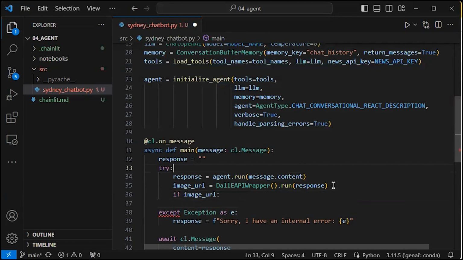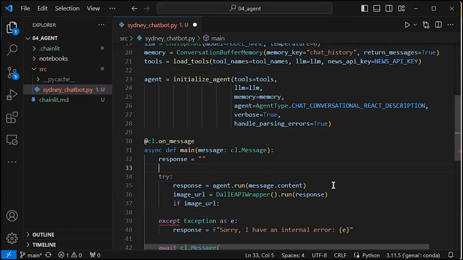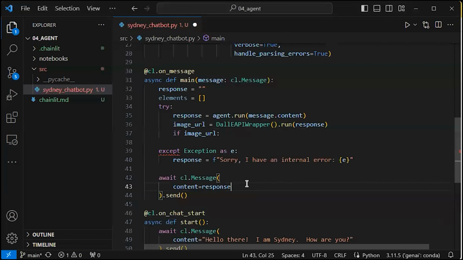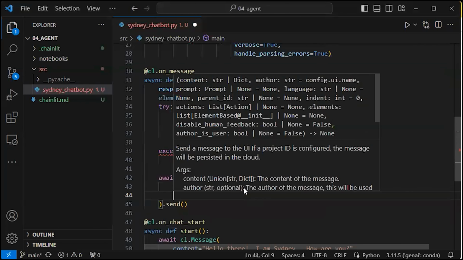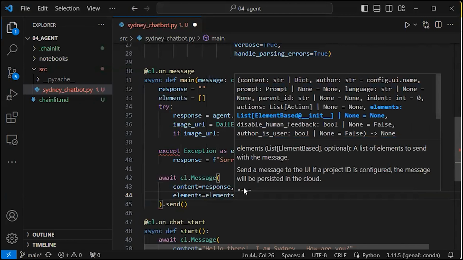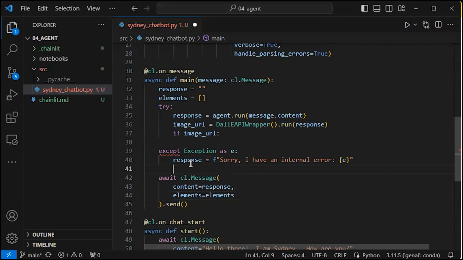So how do we do that? It turns out there's this very elegant solution provided by the Chainlit library, which involves setting a set of elements that you would like to display to the user. And in addition to the content that we return back to the user, we could tell what other elements we would like to display. So in this case, if the image URL is not null, then we would like one of the elements